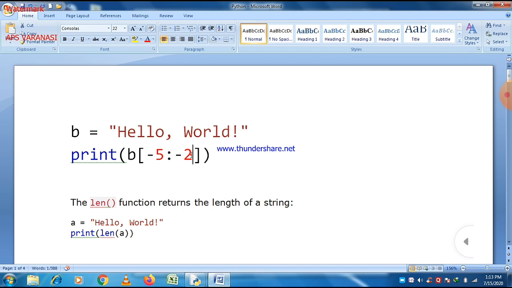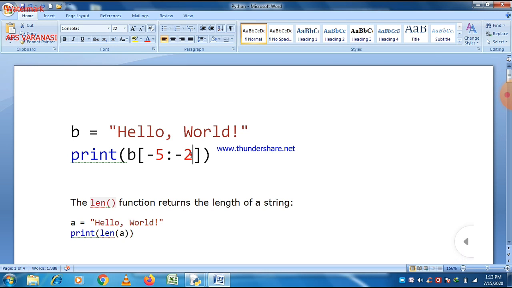A string can be represented by str, and there is a string, hello world. Even without str, if you assign a string to a variable, then that variable is initialized by a string here. So hello world is stored in variable b, or hello world is assigned to b. That is the correct statement.